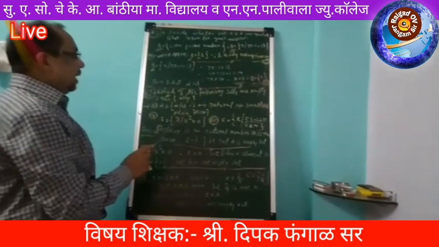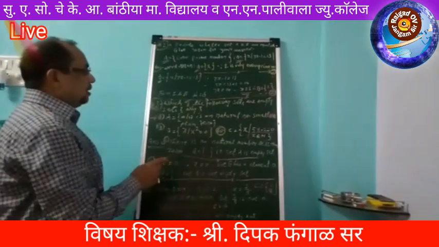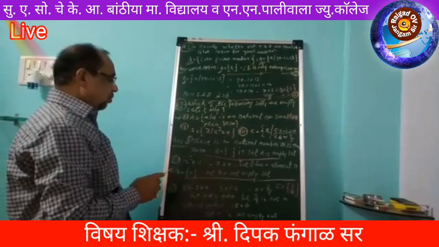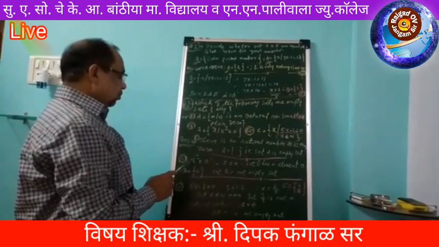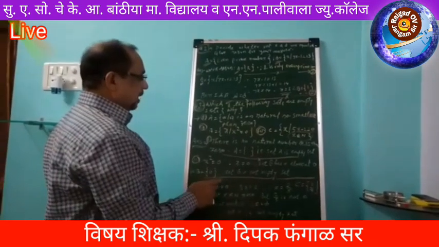B equals the set of x such that x square equals 0. Here is also an equation. You solve this equation. See here, x square equals 0. Taking the square root of both sides, the square root of x square is x and the square root of 0 is 0. It means that x equals 0.